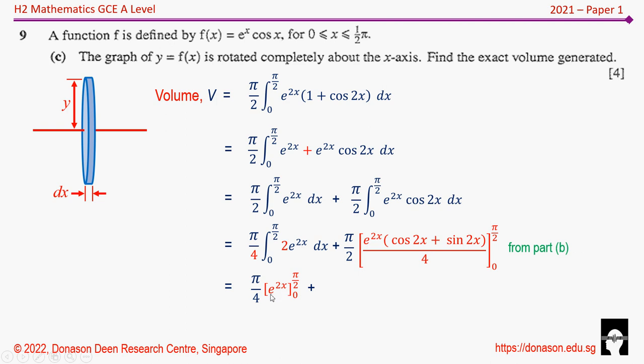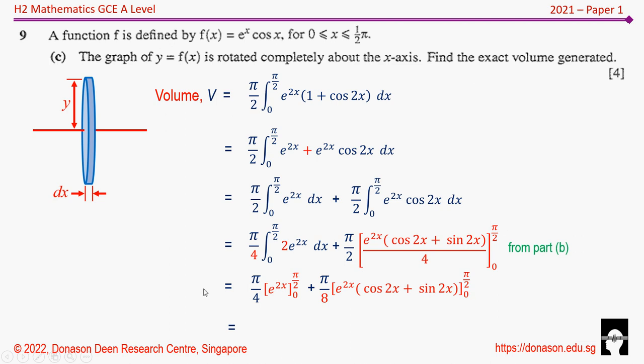When you integrate it, it simply becomes e to the power of 2x taken from pi over 2 to 0, or 0 to pi over 2. And then on the other side we have a pi over 2, and this is a constant, so it would make more sense to pull out the constant and write it as pi over 8, so that we can just use the numerator alone. Okay, e to the power of 2x times cosine 2x plus sine 2x,